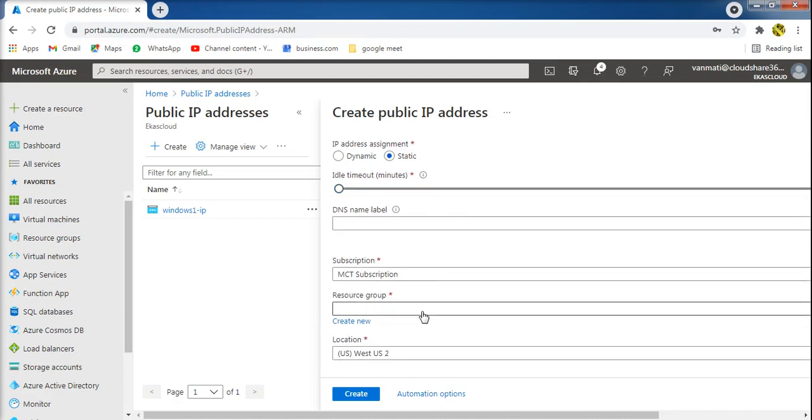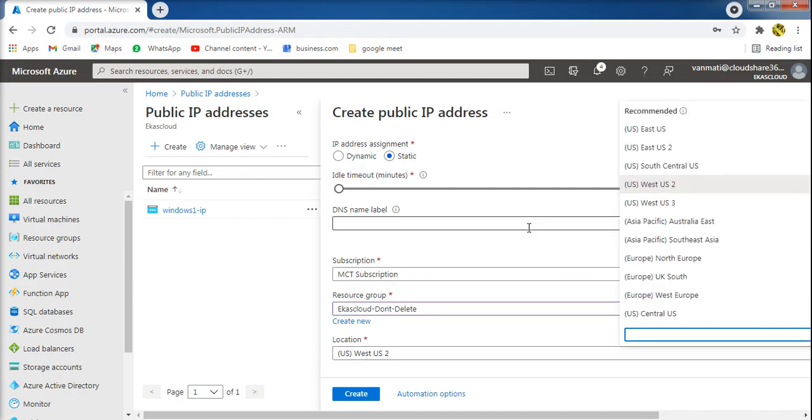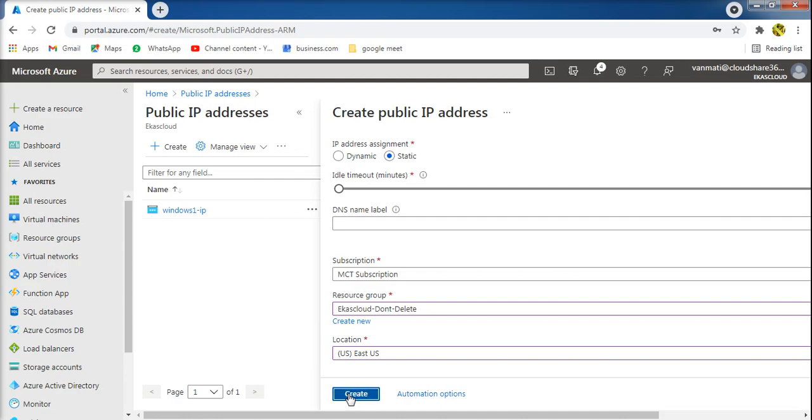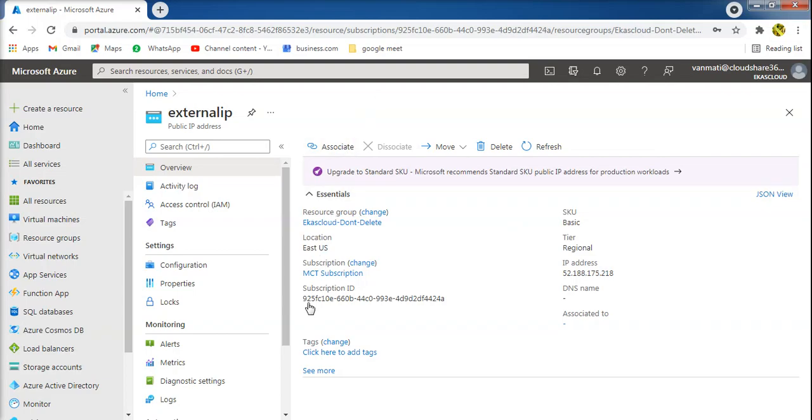Select the resource group, and select the region. I'm selecting East US, and just click on create. Once it has been created, we have to associate this public IP to the NIC card. Yes, the public IP has been created.